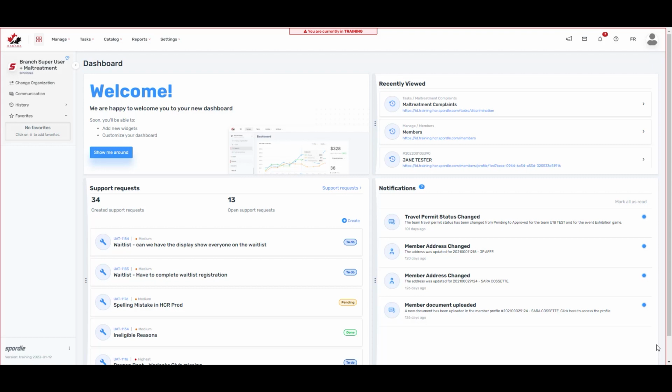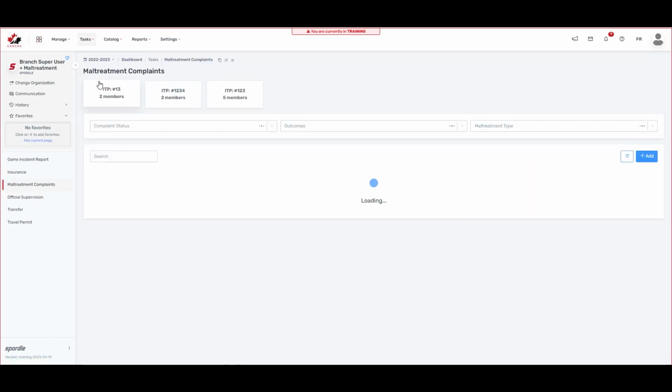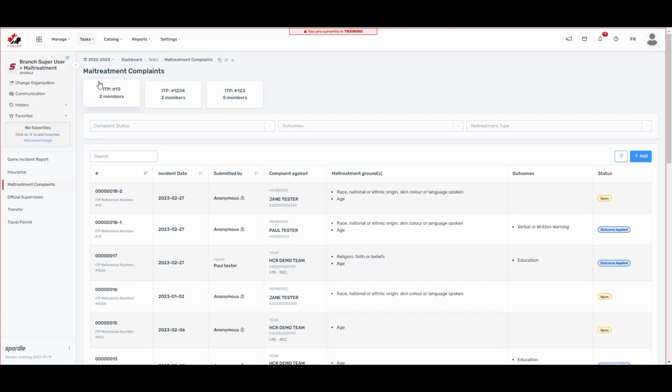Please note, the Maltreatment section under the History tab on a participant's profile is only visible for users with this permission. For this demo, we will add a complaint from the Task menu and select Maltreatment Complaints. To add a new complaint, click on Add,